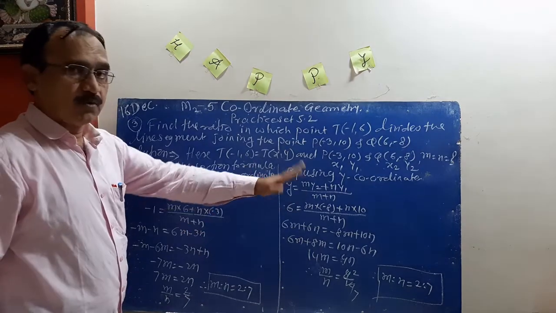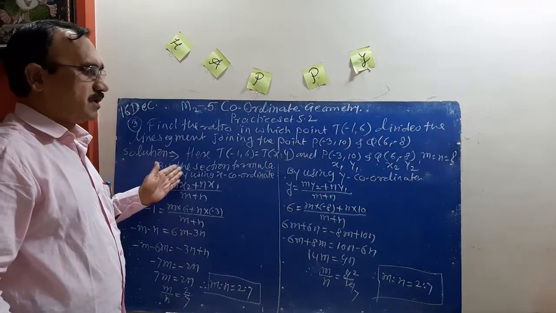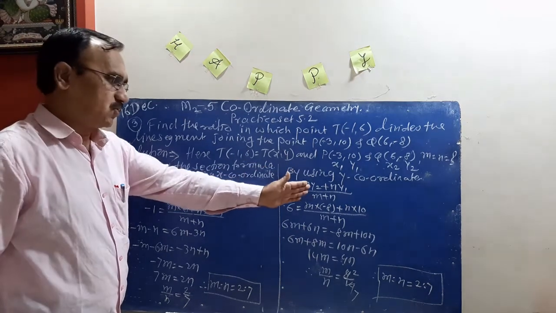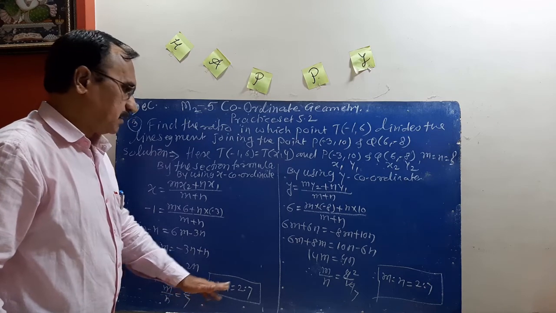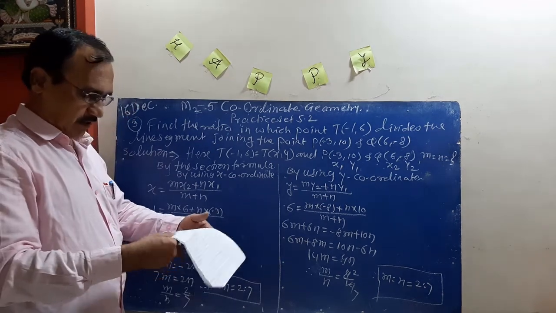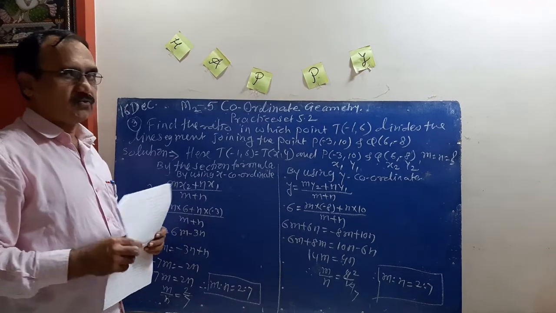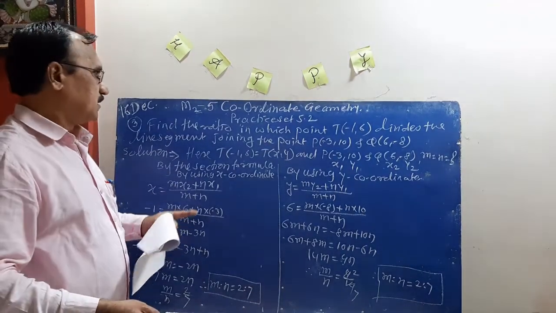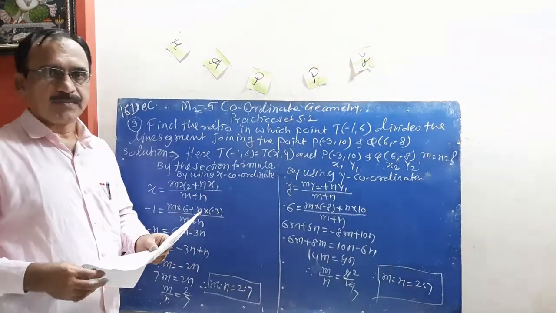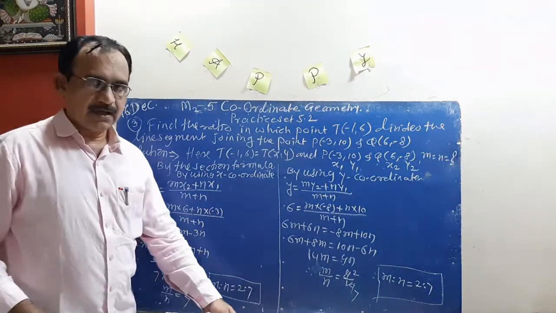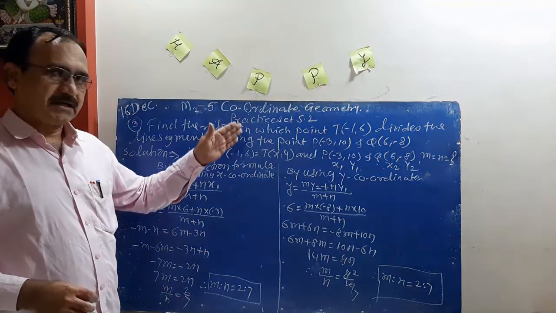You solve by both methods: mention here using the x coordinate, and mention here using the y coordinate, and you can prepare both methods. The required ratio m to n is 2 to 7, and the remaining examples we will see in the next period from the same practice set 5.2. Okay, try to practice this example.